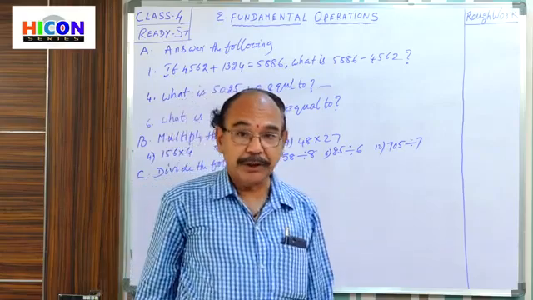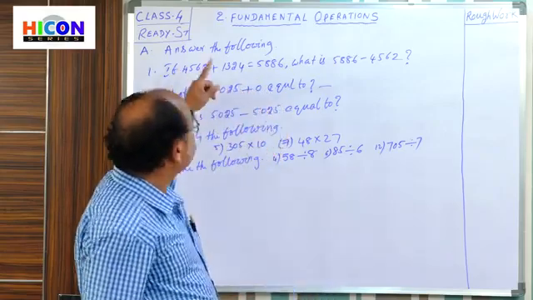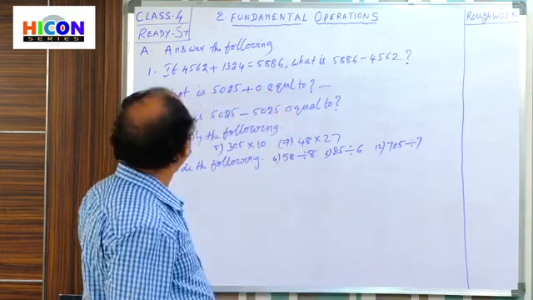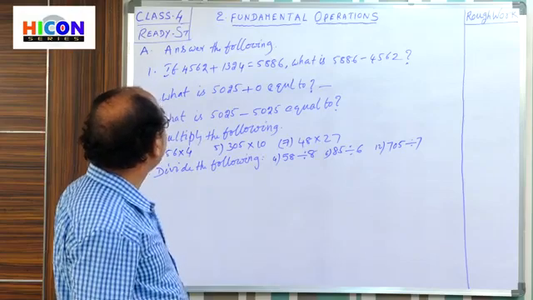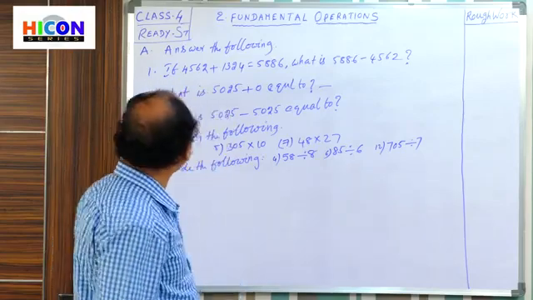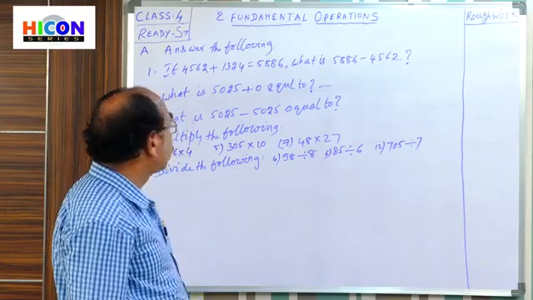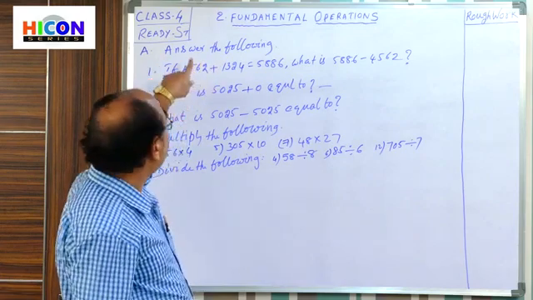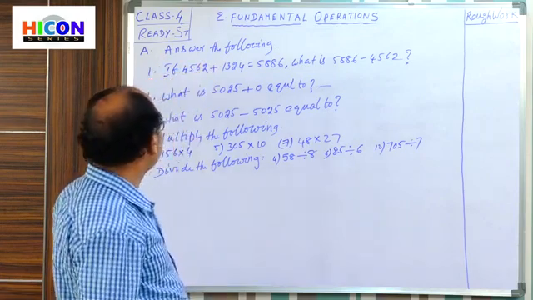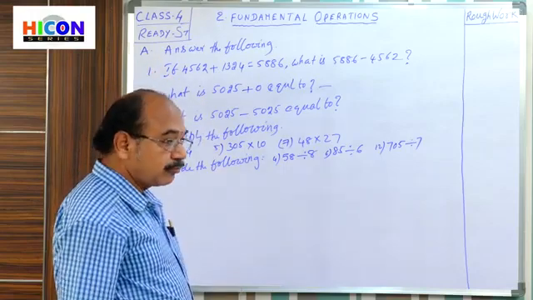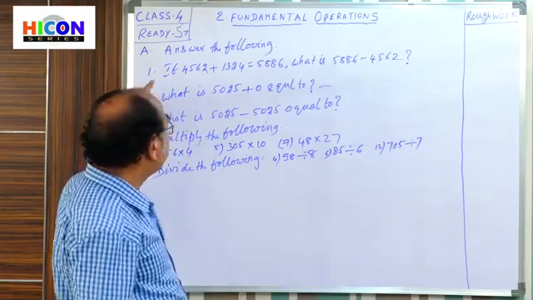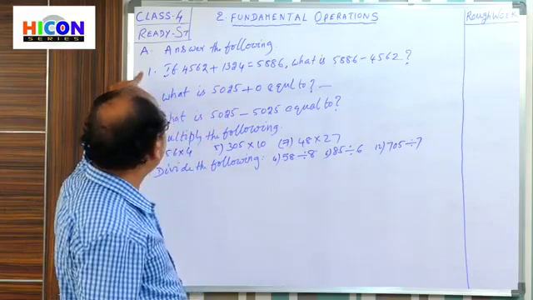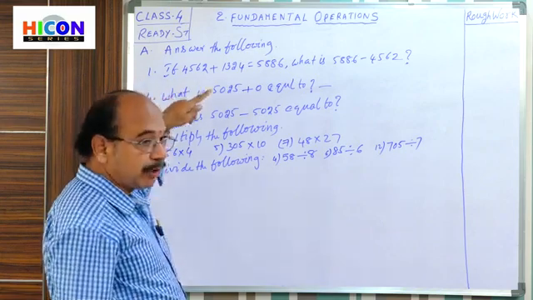In this topic, in the very beginning, one simple exercise is there. This is a review exercise. Keep the heading ready. Okay. First one is A. In the A section, answer the following is there. Answer the following. What we have to answer here? First question, see. There are some questions. Among them, let us discuss 1, 4, 6. What is the first question?